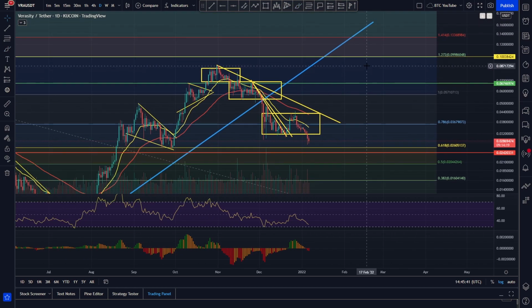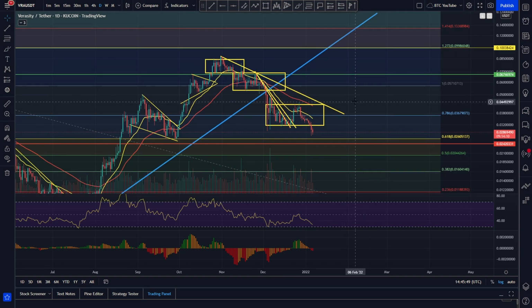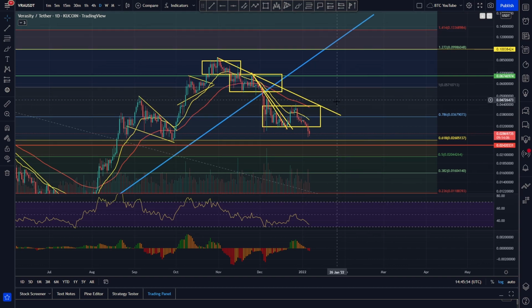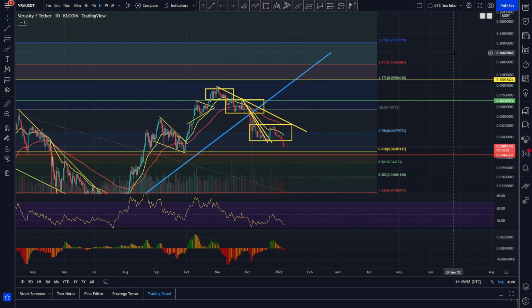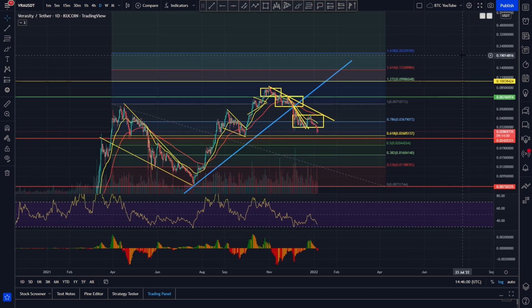So we really do think Veracity is a quality project, isn't it? It's getting a huge amount of adoption. The partnerships that they're coming out with currently, even though the price action might not reflect it right now due to the bearish market sentiment, when the market does start to flip bullish and we do get that alt season, Veracity has some crazy fundamentals, hasn't it? And with the big news that we've seen recently, it could easily be heading up into